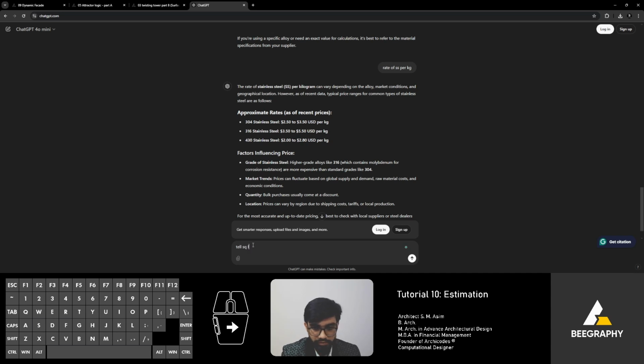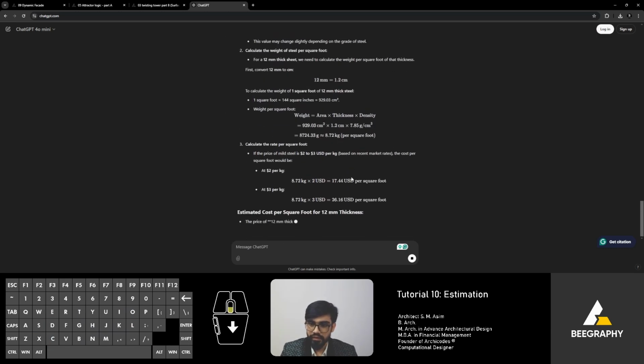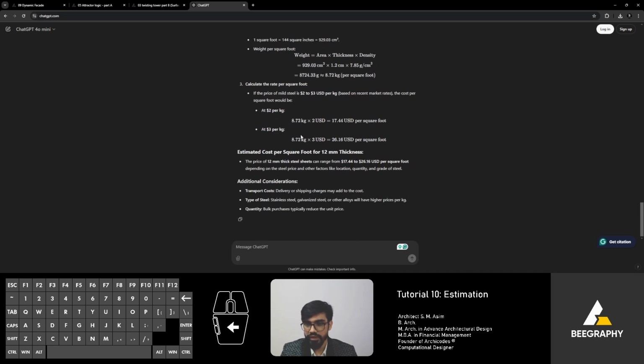Tell square feet rate for steel sheets of 12 mm thickness. 12 mm is around this much, pretty thick. All right, so we've got two values, 17.4 and 26 USD per square feet. So let's take $20 per square feet,